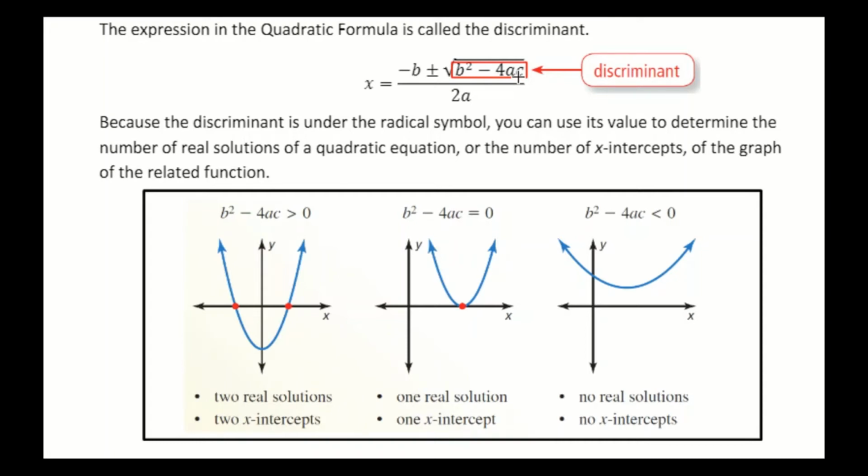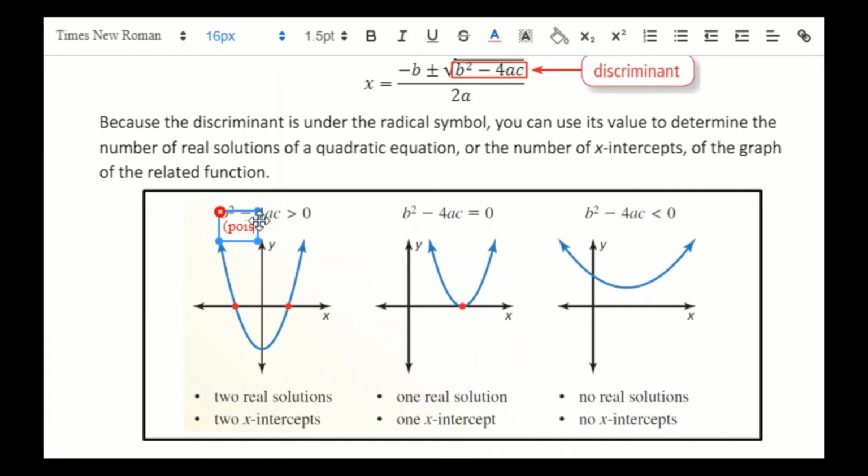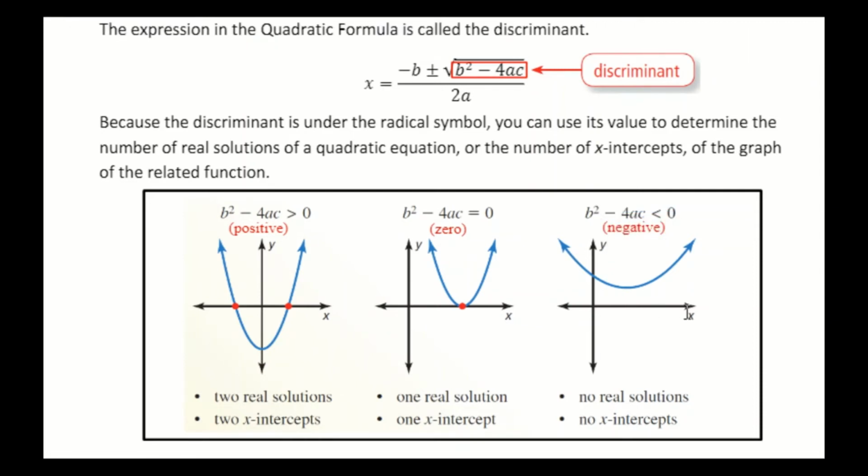solutions there are. So if this number is positive, and I'll just make a little note here, this is positive, then you will have 2 solutions. If the discriminant is 0, then there'll be 1 solution. If the discriminant is negative, or less than 0, then you will have no solutions. So if you calculate that number underneath the square root, you'll know right away how many solutions